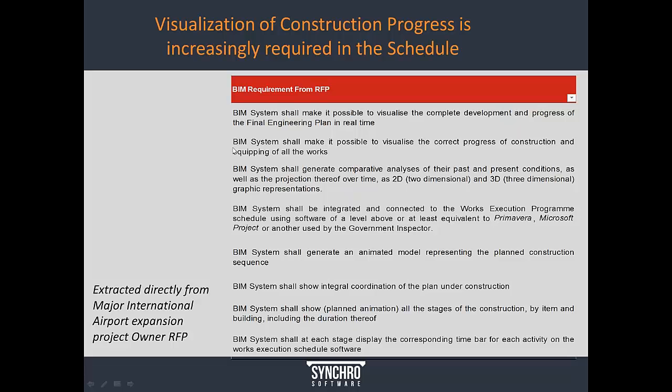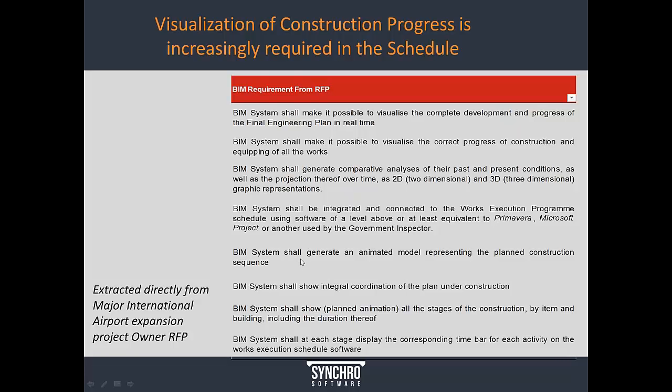For instance, the BIM system shall make it possible to visualize the correct progress of construction and equipping of the works. The BIM system shall generate an animated model representing the planned construction sequence. So there's requirements, as you can see, on coordination, there's requirements on visualization, and most of all, there's requirements on integration with scheduling platforms and transparency that is being required and desired more and more by owners.